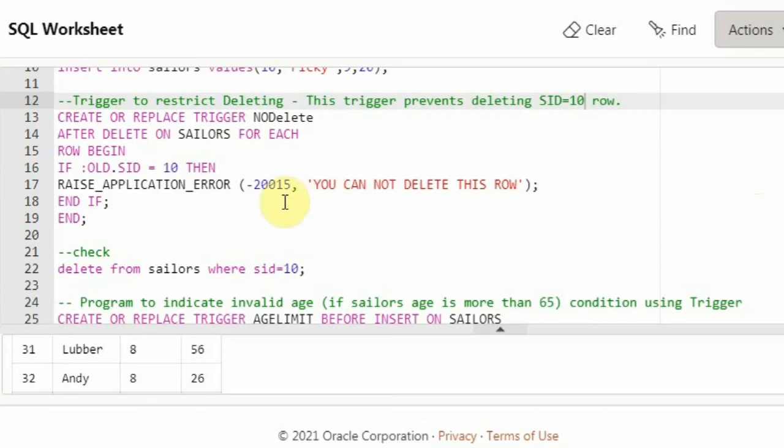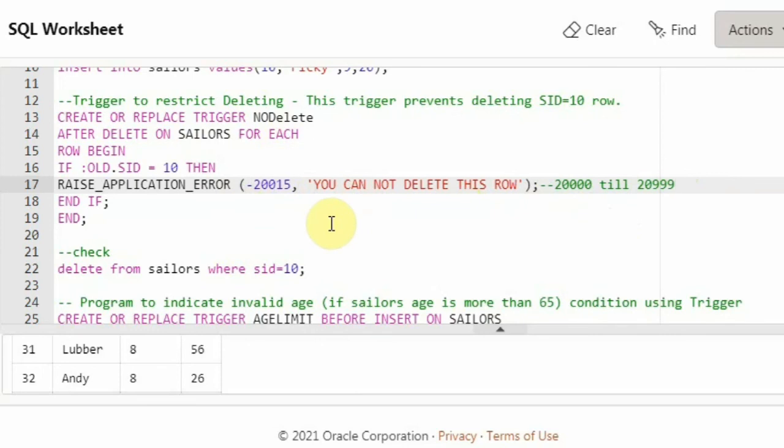In the same way, for users, certain numbers have been given, from 20,000 to 20,999. So 1,000 numbers are given for error codes. You can put any of them for a particular error.